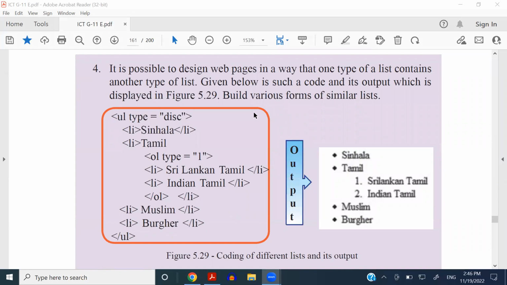slowly consider what is happening over here. Here they have used a UL, unordered list, and they have used the type as disk. So that means you are going to have dot-like colored circles. And they have taken the first list item called Sinhala. Then they take the second list item called Tamil. And you can see that list item is not closed. Even if you put the closing tag of this li over here,